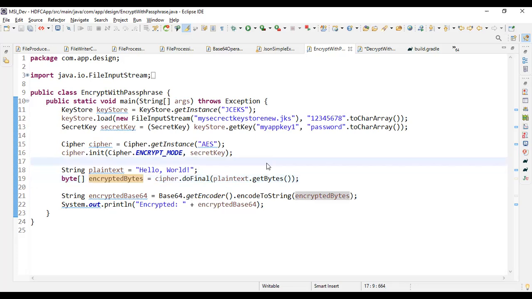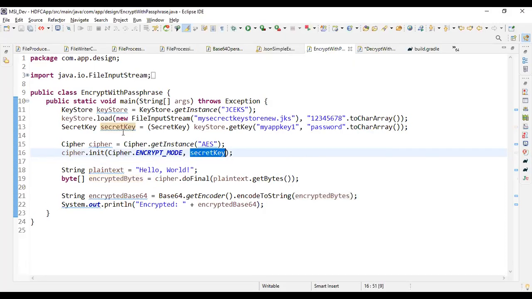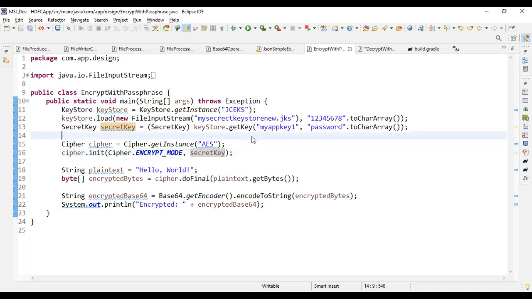Okay. So like this, we will pass that encrypt mode and this secret key. This secret key is nothing but the key we created, which we are getting from this, you can say, Java key store, right? And this is the password for accessing this Java key store, correct? So if I run this code here,